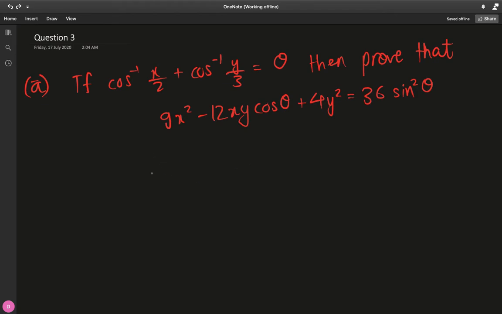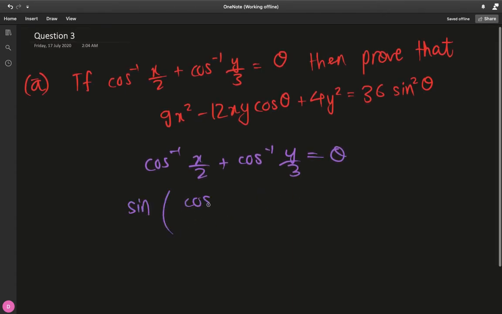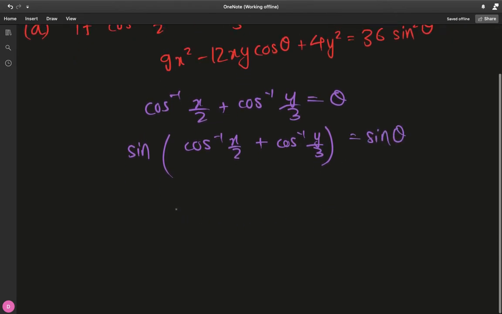Now to approach this, let's look at this expression, cosine inverse of x over 2 plus cosine inverse of y over 3 is equal to theta. Take sine on both sides. So we have sine of cosine inverse of x over 2 plus cosine inverse of y over 3 is equal to sine theta, and then use the compound angle formula for the sine. So sine of the first angle, sine of cosine inverse is square root of 1 minus this angle squared, so x squared over 2 squared, which is 4, times the cosine of the cosine inverse of y over 3, which is y over 3, plus